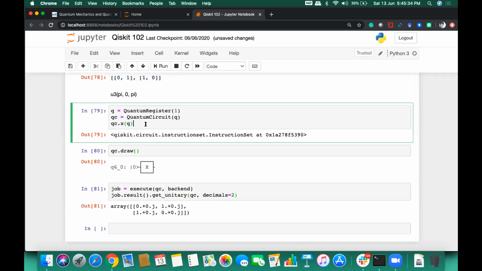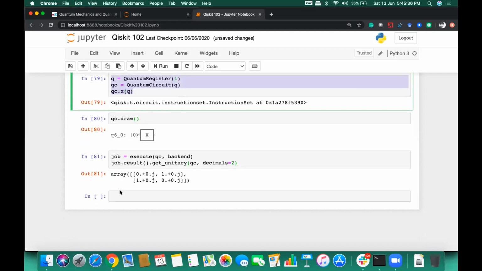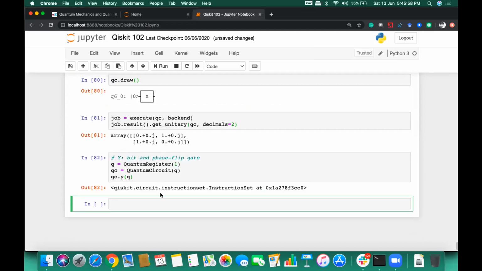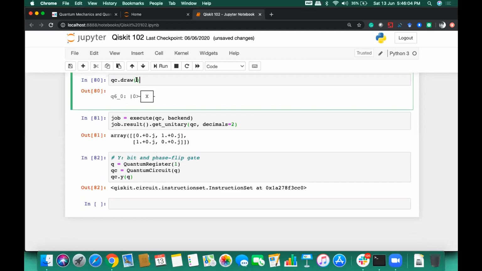All right. Similarly, we have the Y bit and phase gate also. Y is called the bit and phase flip gate. Here we can call the qc.y method, and your Y Pauli gate will be ready, and you can call qc.draw.